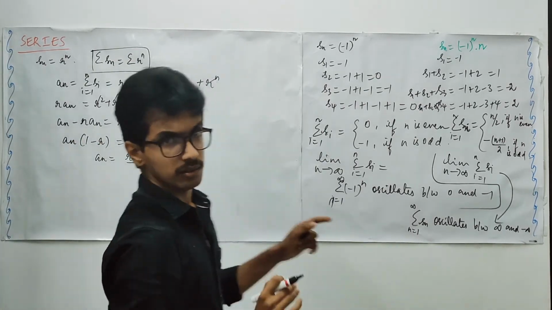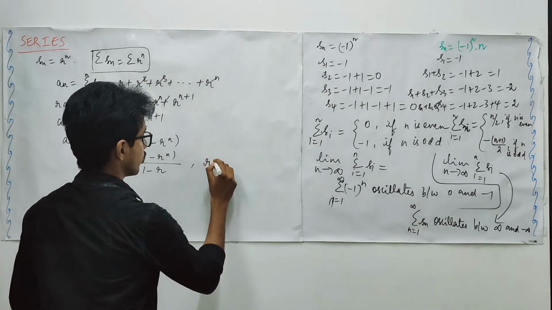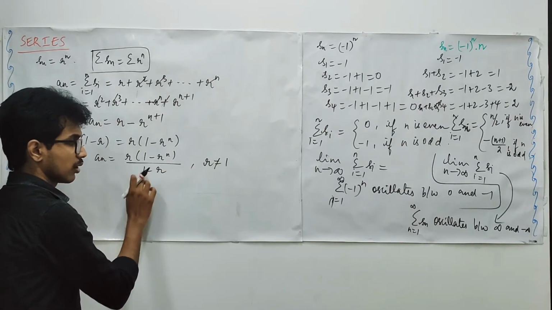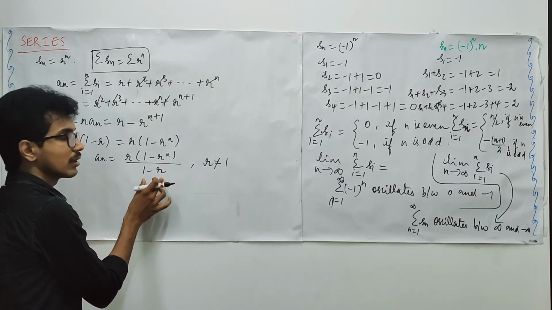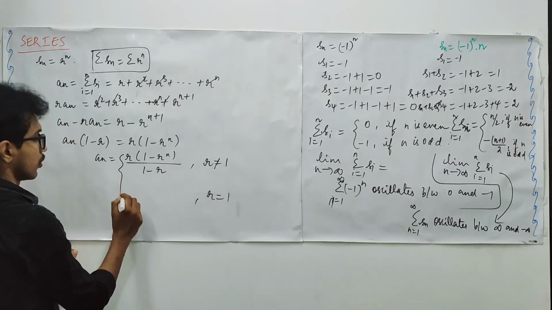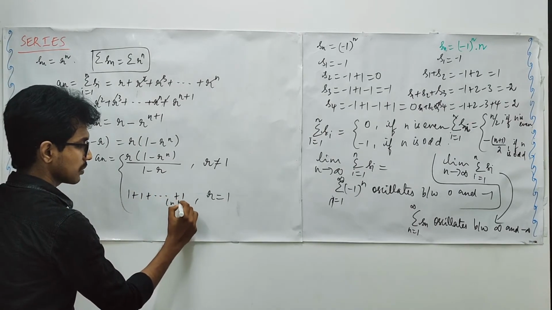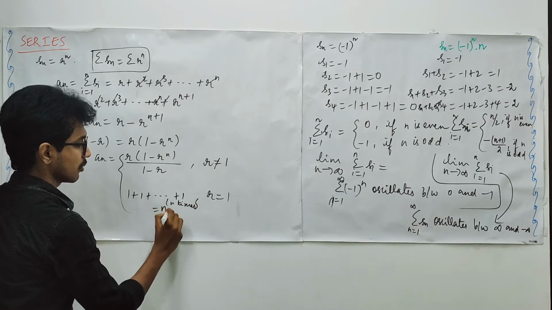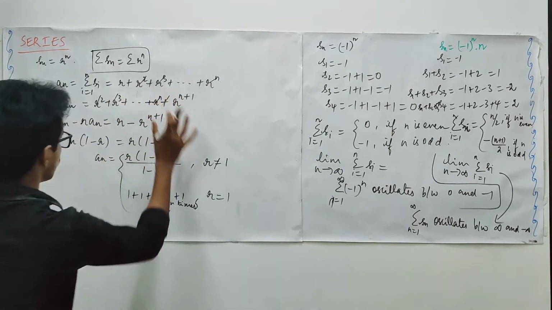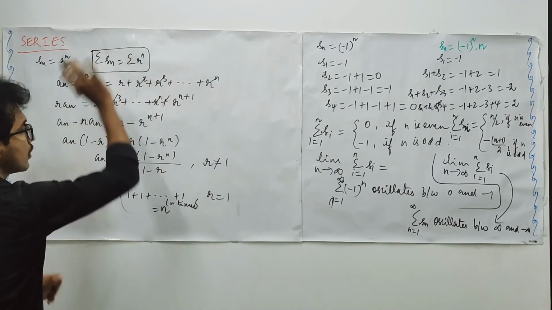Here, is it going to be true for all the cases? No, right? This has to be true when r is not equal to 1, because when r is 1, you will have the denominator to be 0. It is not permissible. So what is going to happen when r is 1? You are just going to have 1 plus 1 plus till 1 for n times. This is simply n. So we have found the sum of the first n terms in the series.